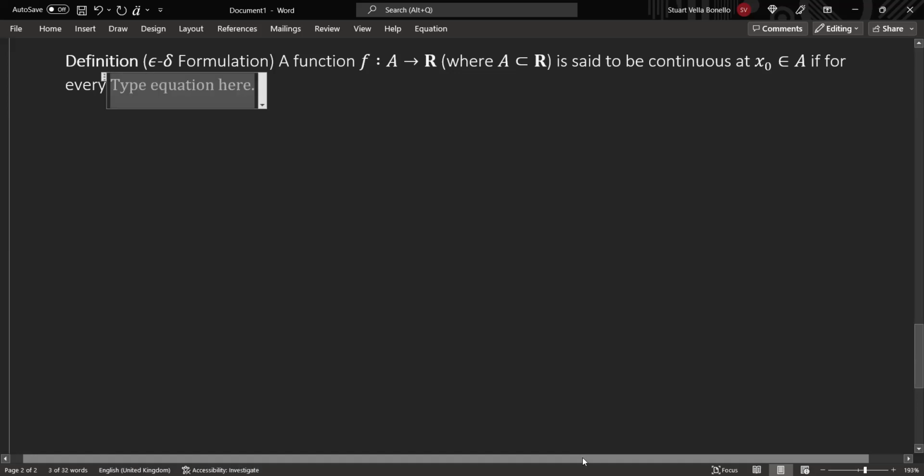epsilon greater than 0. If you want greater than or equal to 0, you just type greater than, then you just type equals, and it does it automatically. There is also, you could do greater or equal, GEQ. That's probably a long way. If you just do greater than, and then you just press the equals button, you have greater than or equal to. But in the definition, it's greater than 0. If for every epsilon greater than 0,